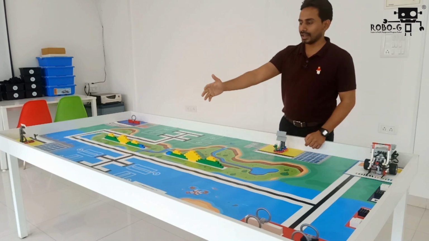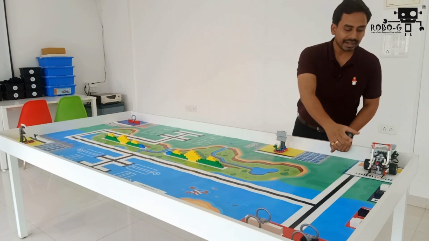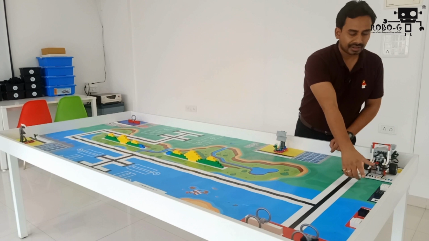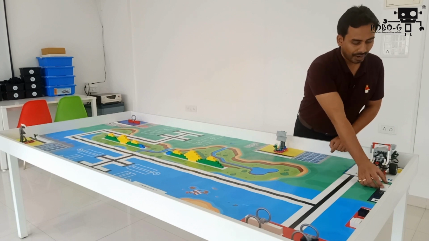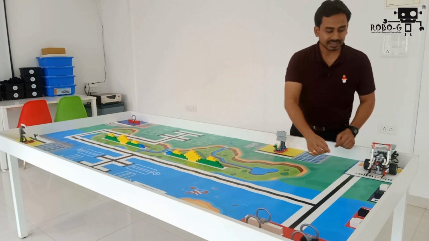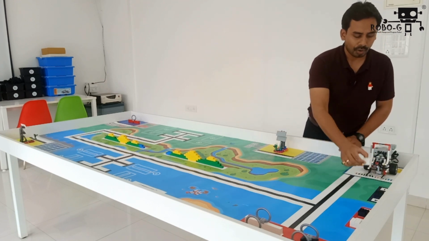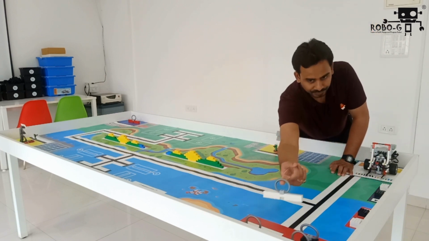So how will you do that? You have to detect the marking blocks in the Ship Information Center. So if you have a white block in, so this is basically the Pacific side. So on this side, if the white marking block is on number 1, you have to drop one white cable